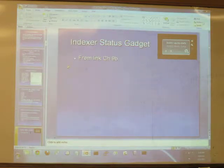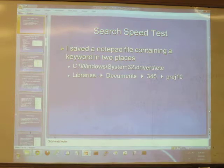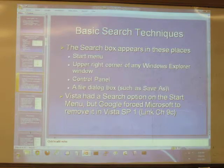It was clear that people who did not find the stuff built into Windows XP useful enough, and there was a market for improving the speed. So I tried speed tests before, and I found the same thing I've told you, which is that if it's in the index, it'll find things very quickly. If it's out of the index, it'll take a really long time, several minutes to find anything on a typical machine. Their search algorithm is just not very effective. Anyway,